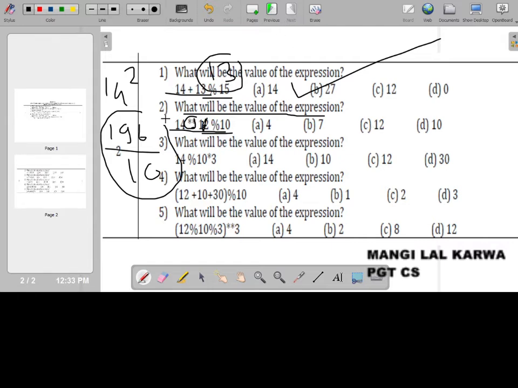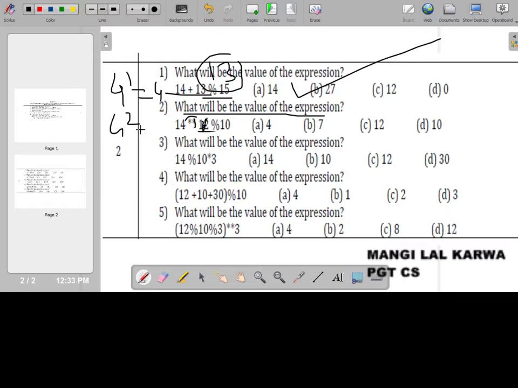How we can calculate? See, then we have to remember what will be the answer. 14 power 2. Now you see, last digit is 4 here. So 4 to the power 1 will always be 4. 4 to the power 2 will always have 6, because 4 fours are 16, so last digit will be 6. 4 to the power 3 will be 4 times 16, 64. So 4 will always have last digit either 4 or 6.